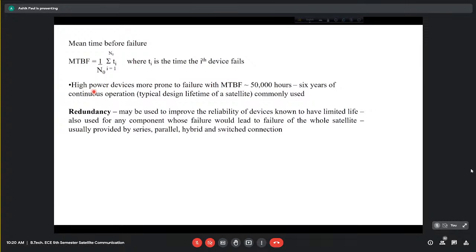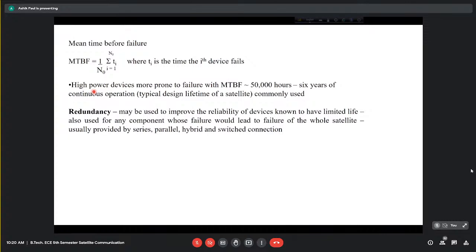So usually we should try to put more of such critical components or devices either in series, parallel, or any other hybrid connection, so that if one of them fails, at least we have other similar units to provide the backup. That will ensure that, even after the burn-in period has expired on the surface of the Earth, and the reliability of the different subsystems on board the satellite and the mean time before failure have been calculated,